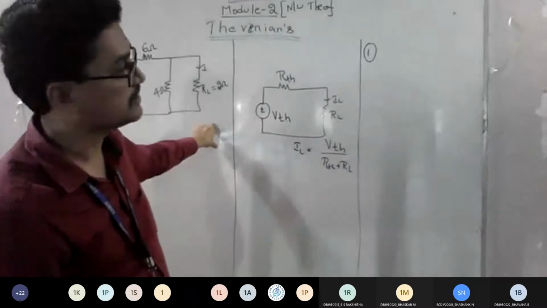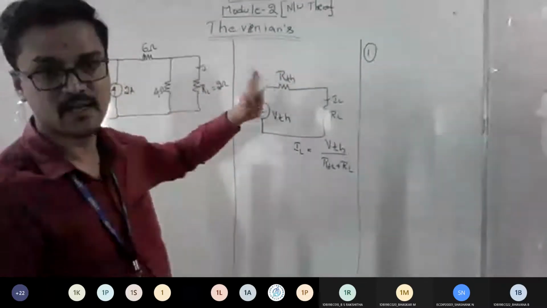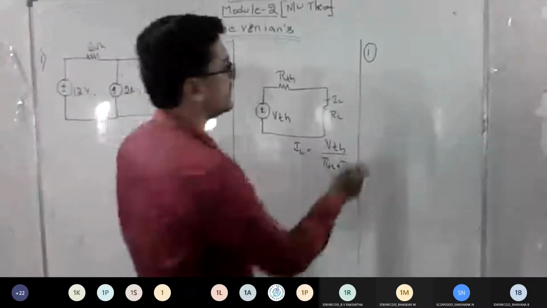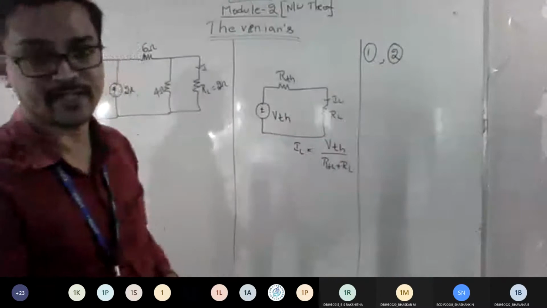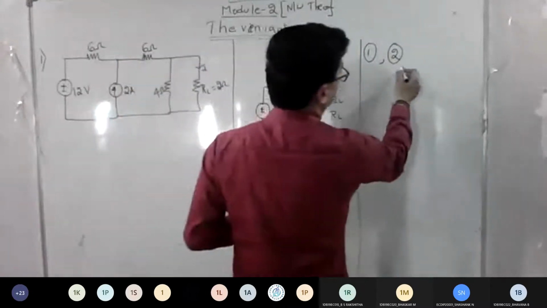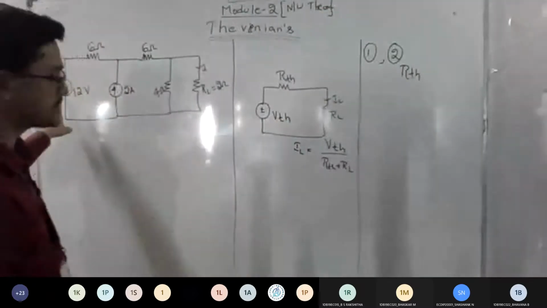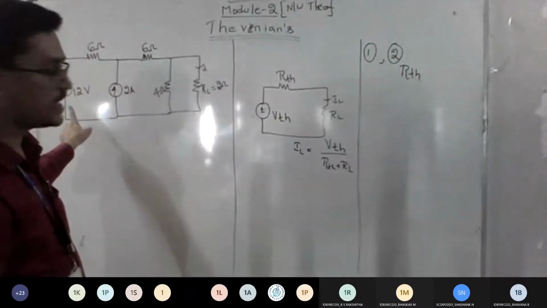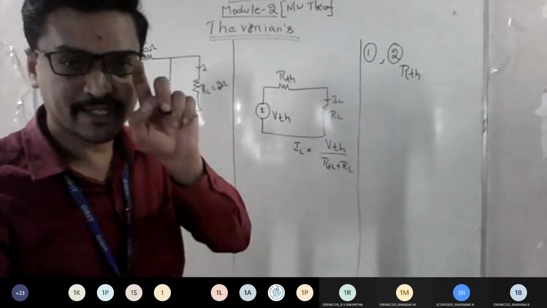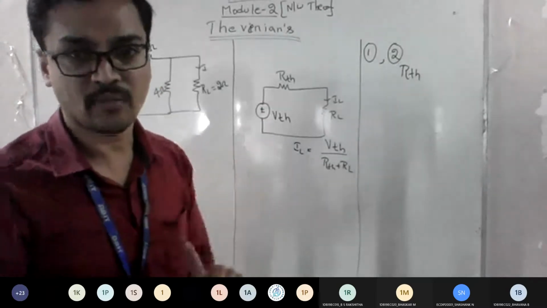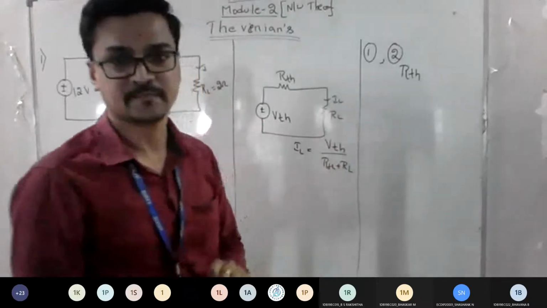So to find that, you can make use of step number 1, elimination of this, replacing what we want. The second thing is, if you want to find RTH, what is the logic I told? Wherever a voltage source is there, short circuit it. If you find any current source, open circuit it. Then you can get an equivalent series parallel combination of resistors and you can find your RThevenin.